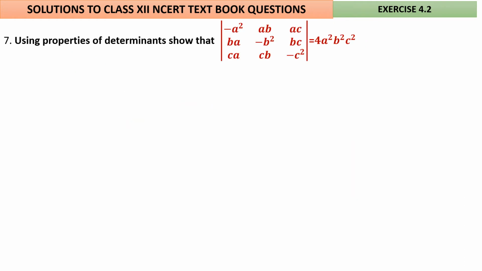Okay, now these are all very interesting questions which will come for 4 marks, where you will be asked to expand a determinant by using properties, and then the right hand side will be a product of factors. 99% of the problems will be a product of factors. 1 or 2 problems are there where it will be an addition of some factors or a combination of some factors. On the right hand side you are seeing 4a square b square c square.